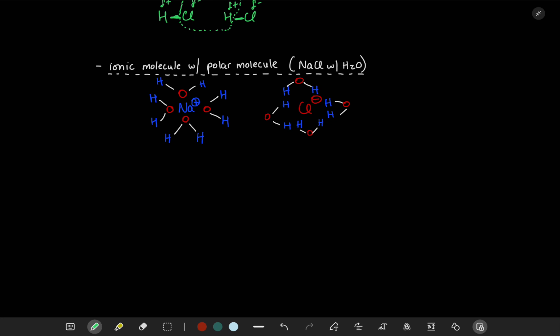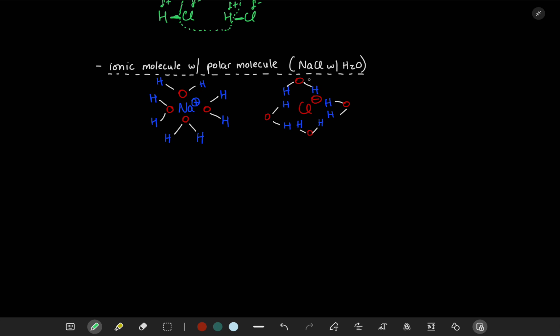And so the partial negative pole in the water molecule is going to be at the end of the oxygen, because remember, oxygen is the more electronegative atom. It's going to draw the bonding pair of electrons towards itself, so it's going to have a partial negative charge. So what's going to happen is that the negative pole in the water molecule, which is the oxygen,